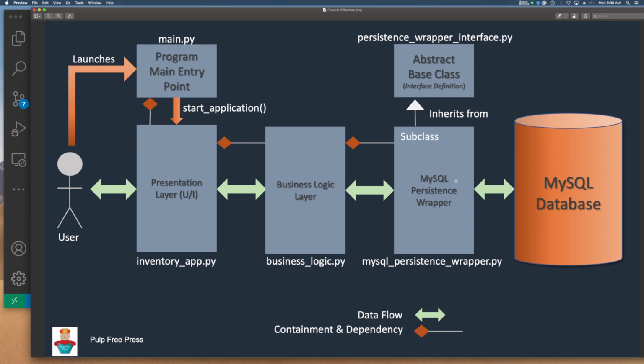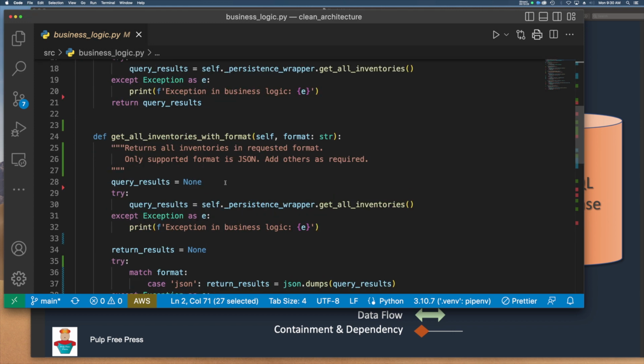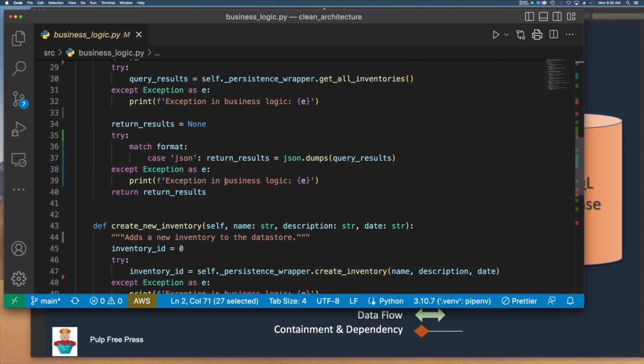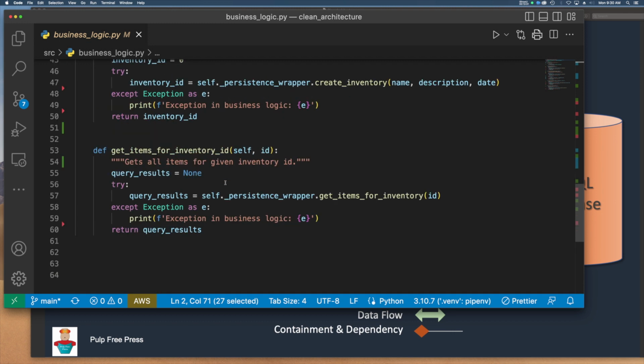That could be a persistence layer as well. However, the layer could contain one class or one module, as in this case, or it could contain multiple. Okay, just throwing that out there. And essentially, whatever methods are required by the front end